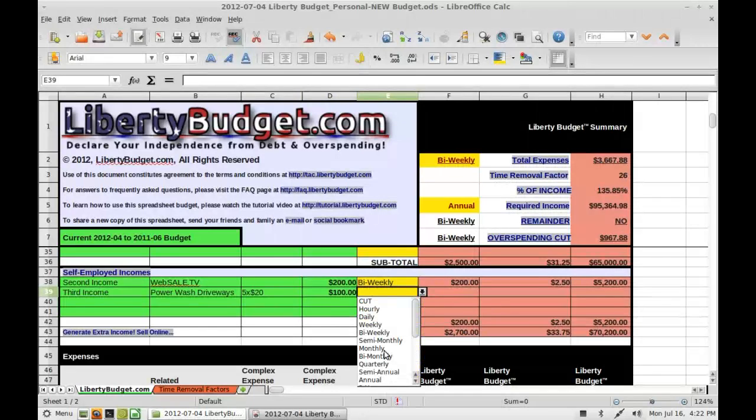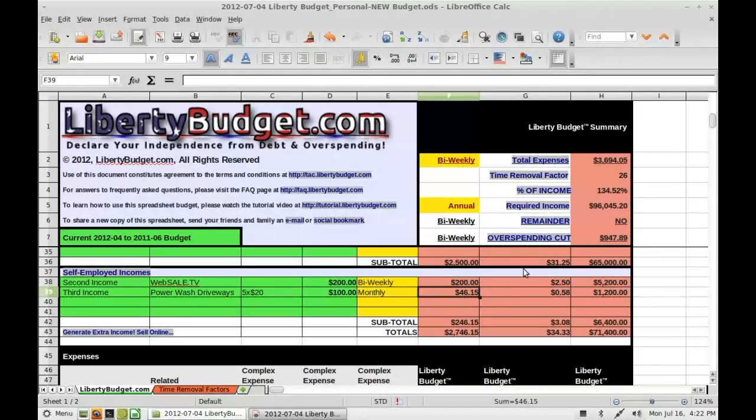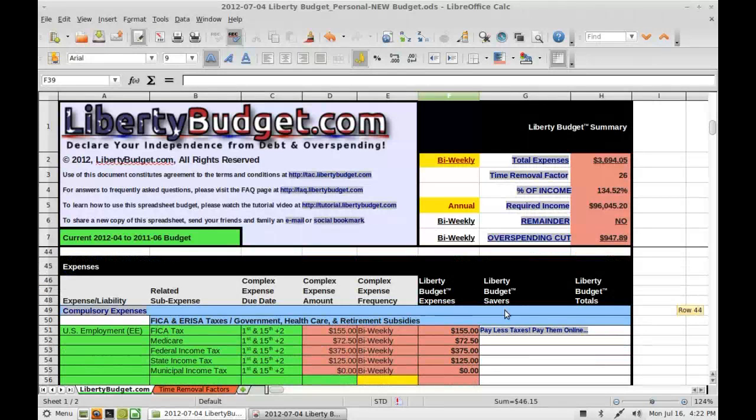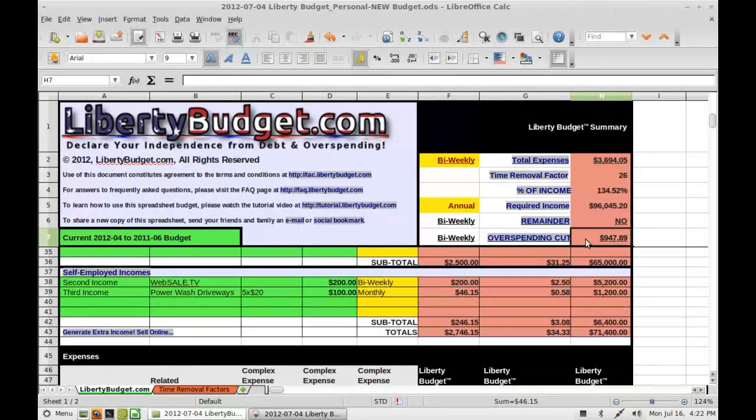Well, there's $46.15 toward your bi-weekly income. So that just took us out of the $1,000 range. Still got about $950, almost $1,000 I've got to cut. So